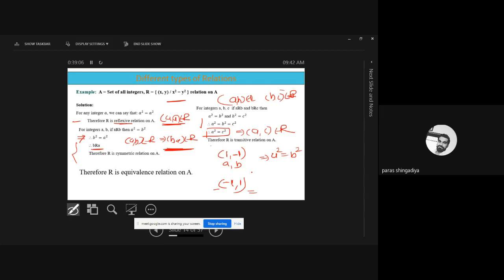Which type of possibility do you have? Both numbers can be the same, then it is possible. Otherwise one is positive and the second is negative, then it is also possible. So this type of pair we have, for example 1,1, 2,2, 3,3, 4,4, 5,5, and after that 1/2,1/2, √2,√2. These are all the collections we have.